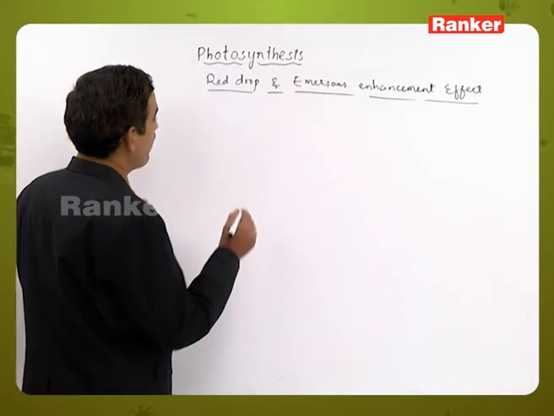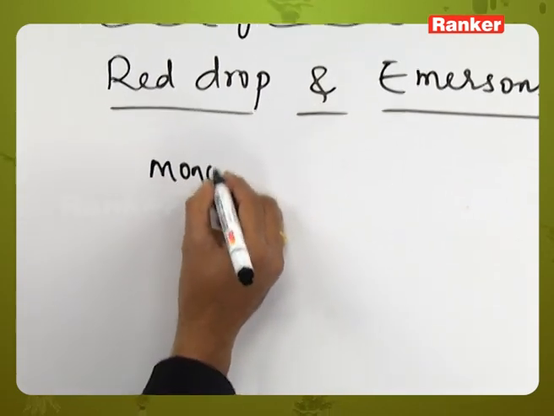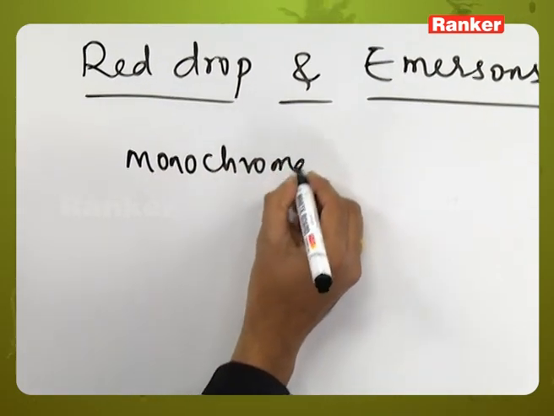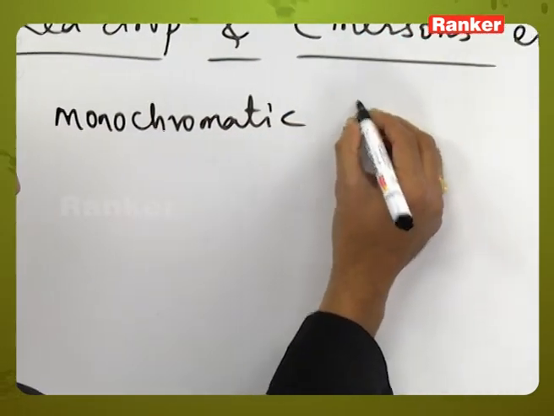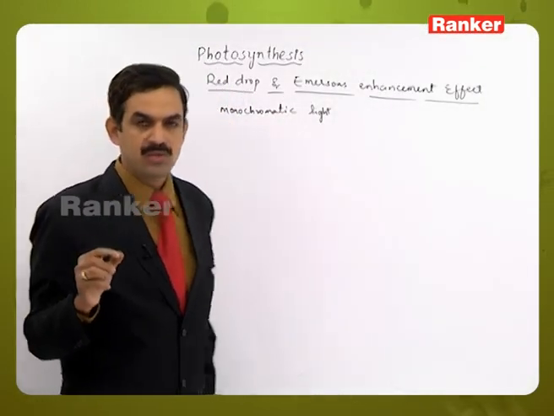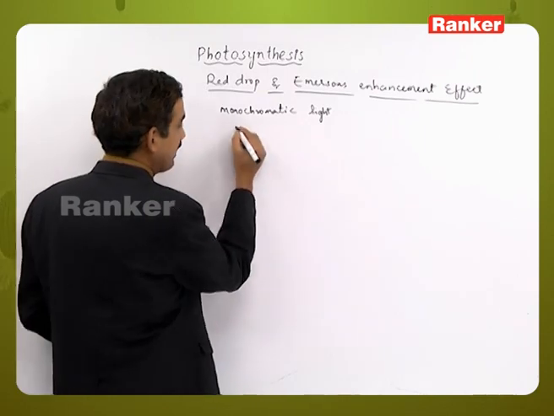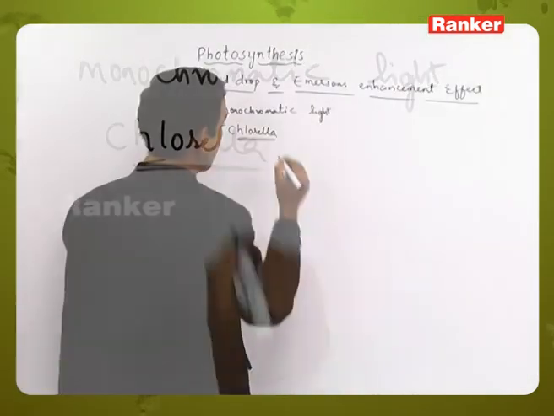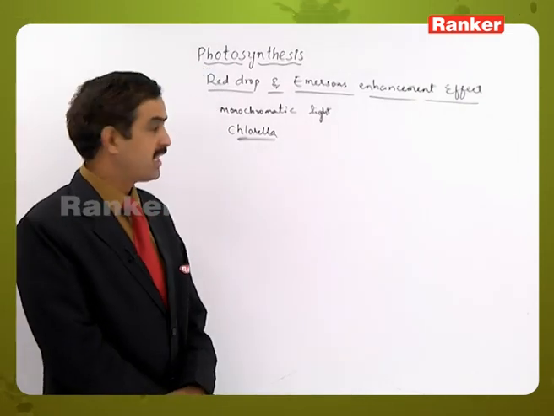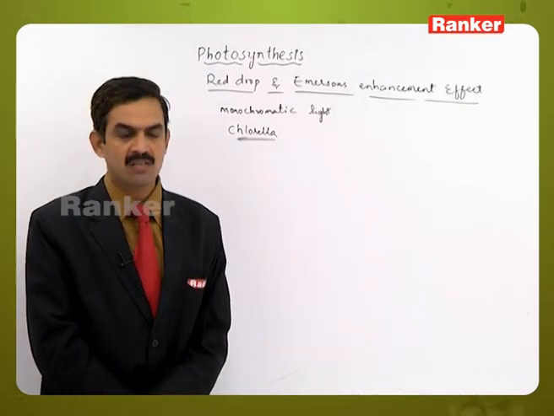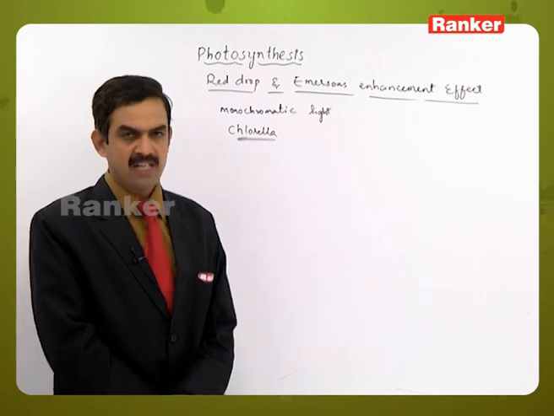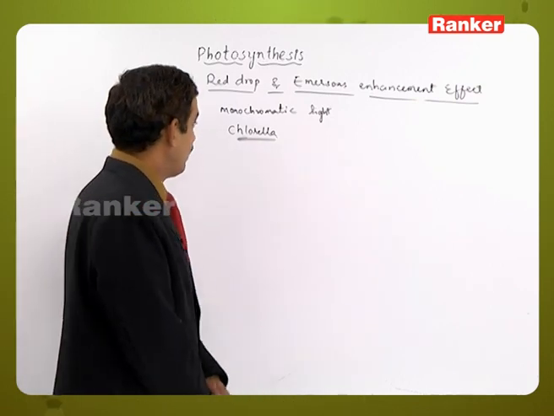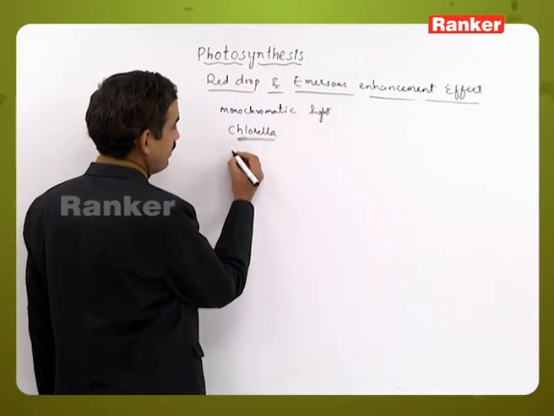So in this one, when monochromatic light, means a single beam of light, is used at a wavelength of red light on Chlorella. Chlorella is the experimental plant which has been used here. When a monochromatic light is focused on Chlorella, a green algae, so here the photosynthetic rate was there